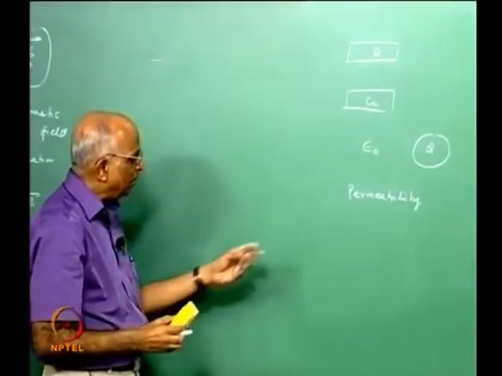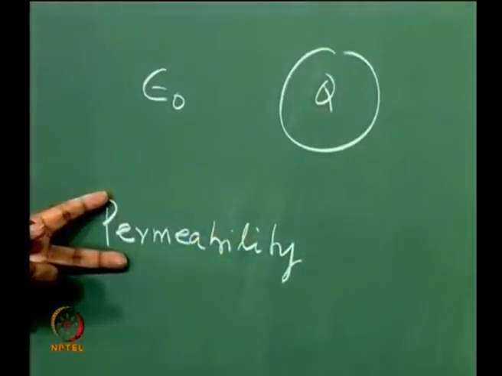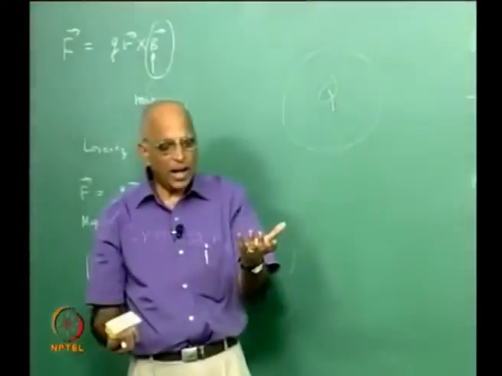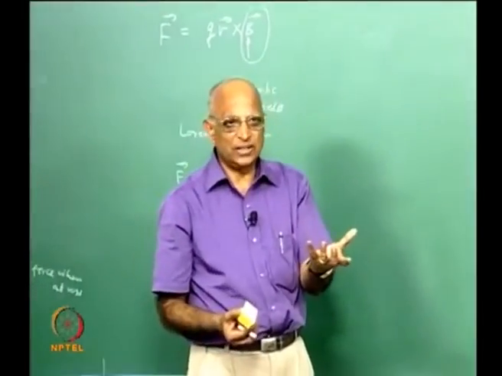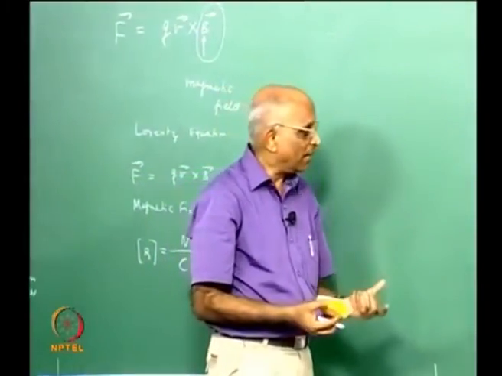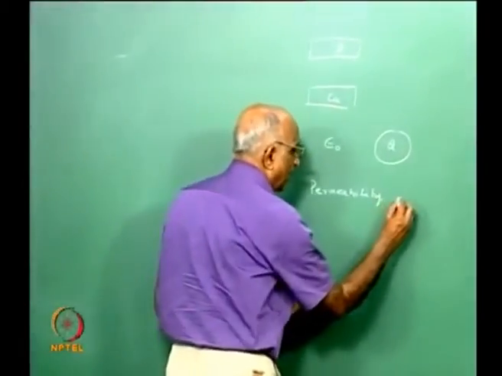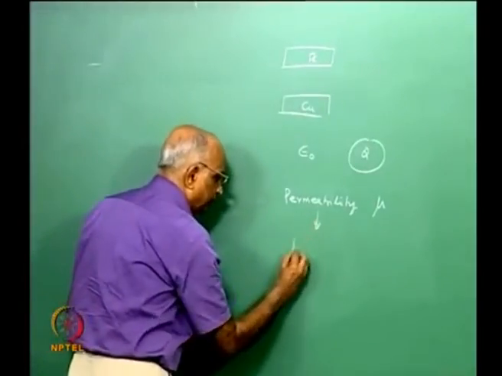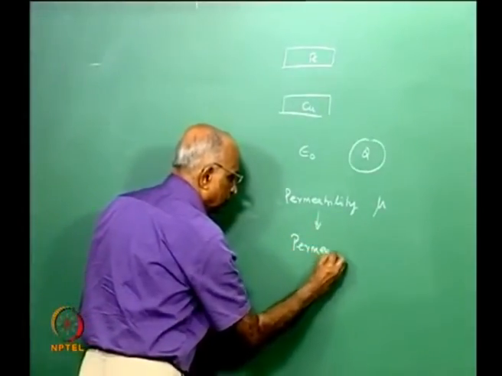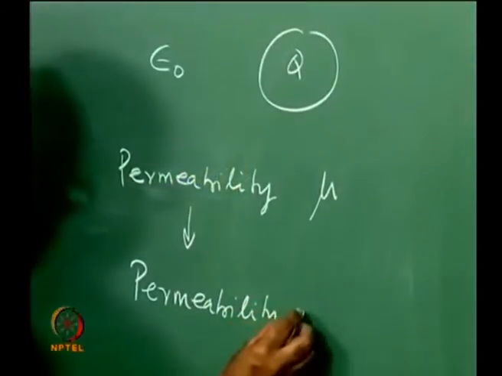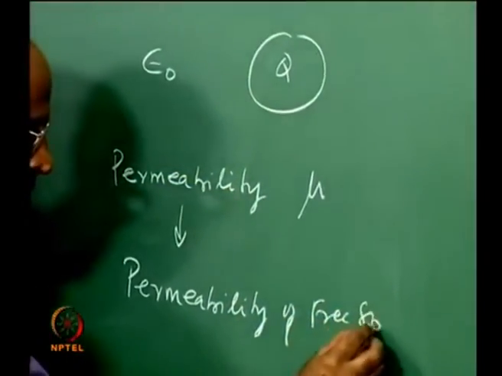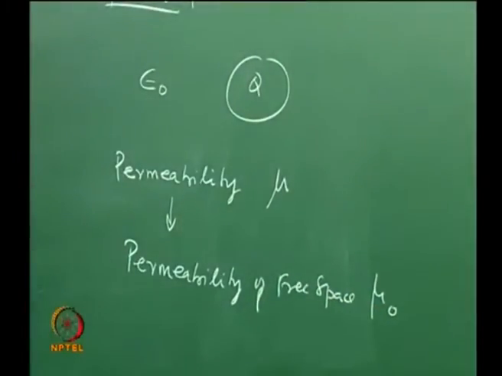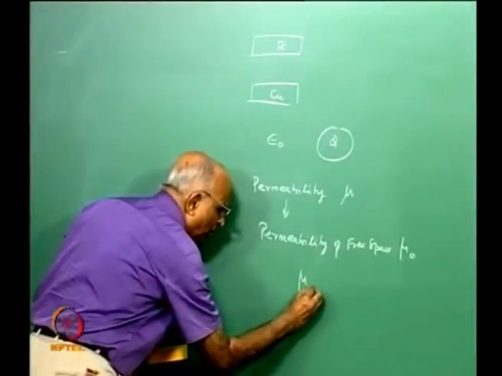What is permeability? Let me repeat again. The ability of a body to get magnetized in a magnetic field. Iron gets easily magnetized, some bodies get easily magnetized, air does not get that easily magnetized. Therefore, we call it permeability, and it is denoted by mu. And permeability of free space is denoted by mu naught, and using basic physics it can be shown that mu naught is equal to